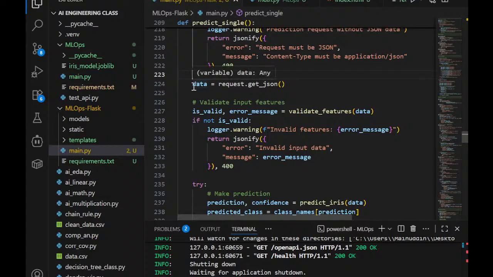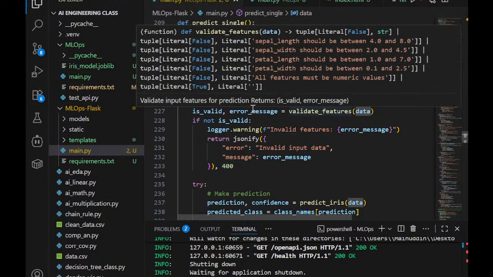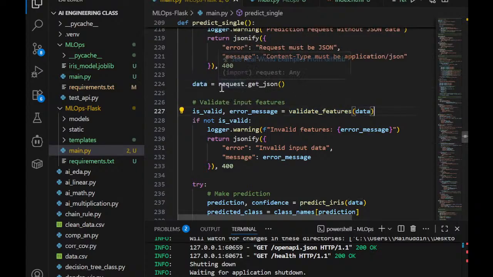And then data is equal to request dot get JSON. This part here passes JSON data from the request body into a Python dictionary,